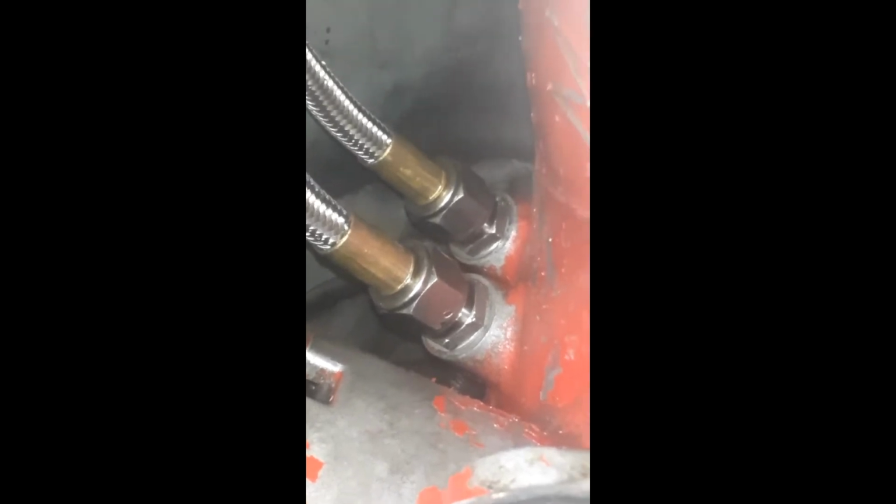So I use the 1/2 inch, but it's hard to get it in there. But now we got a wrench in there and tighten those up. There's those fittings in for the lines. Alright, so I got the fittings on there, or the lines on the fittings rather, and I hope that I didn't,